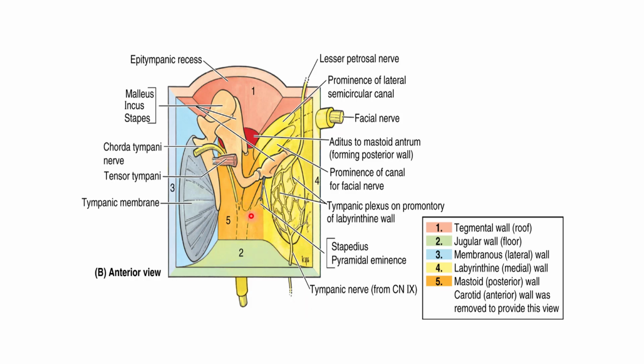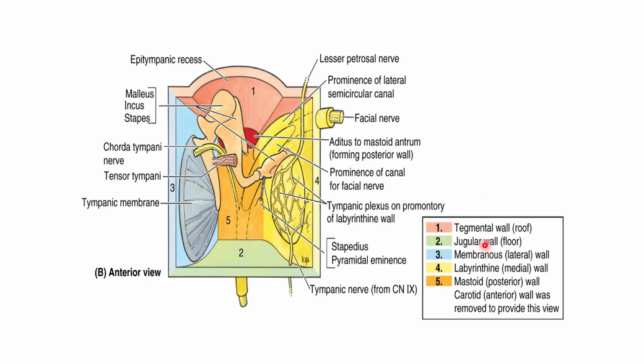So like a room having 6 walls, the four side walls, one is the roof and the floor. Similarly, the middle ear is situated like that, and we do have different structures on different walls of the middle ear. And this is the malleus, this is the incus, and this is the stapes. So the prominence of the lateral wall, this we will discuss one by one.